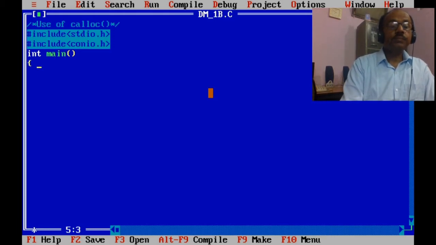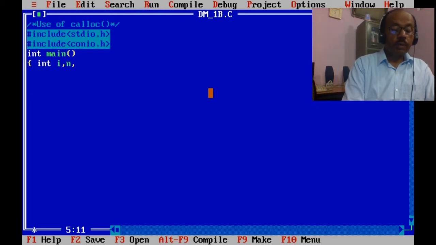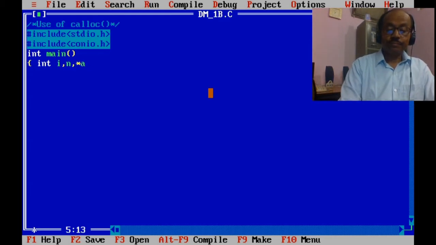Now it is required to declare variables: int i to execute the loop, n to contain the number of elements, and a pointer variable. Let's take a.